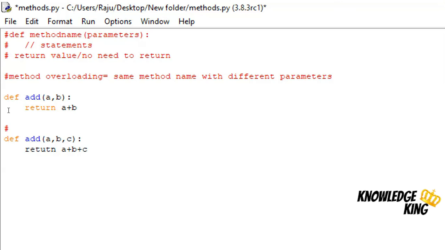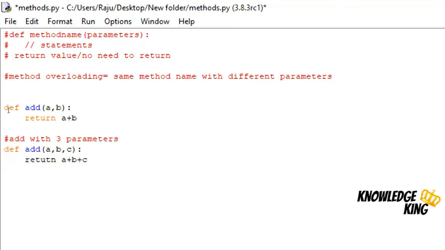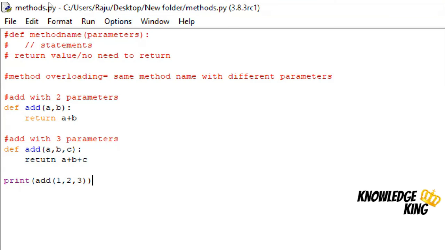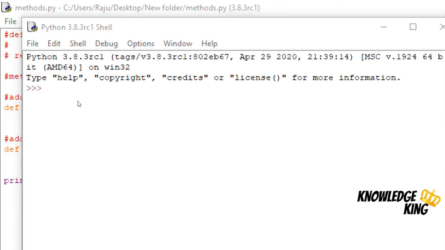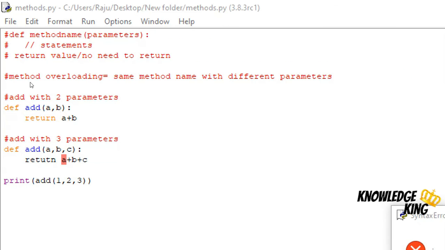Here, add with three parameters, add with two parameters. Now when I call the method with 1 comma 2 comma 3, it enters into the second method.